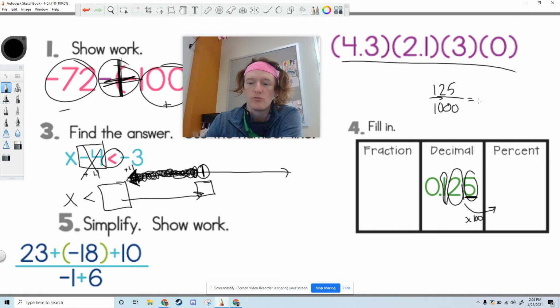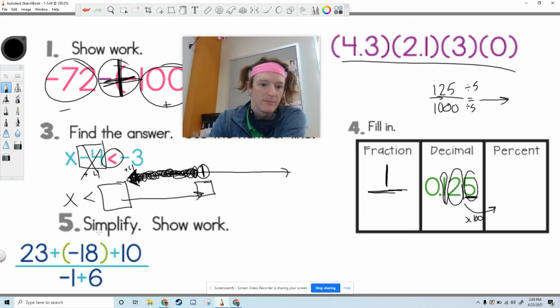We can reduce this fraction. We can divide by several different numbers, but I know if I end in a 5 or a 0, we can divide by 5. We can divide by 5. I want you to keep going until you get a 1 on the top, and then plug in the bottom